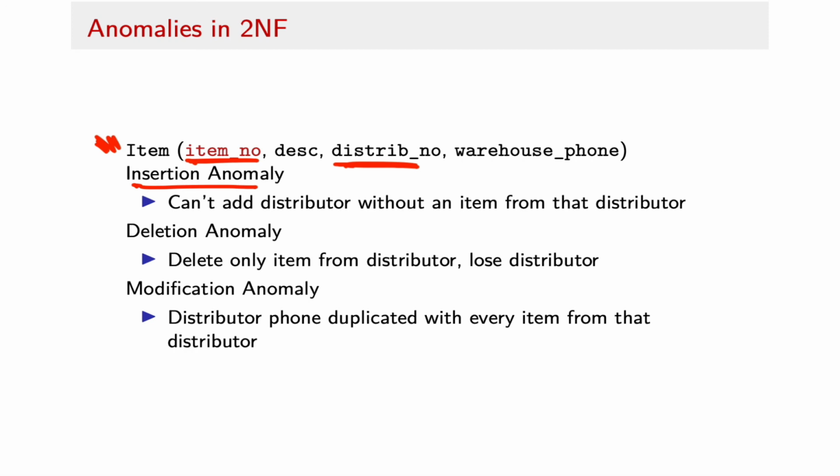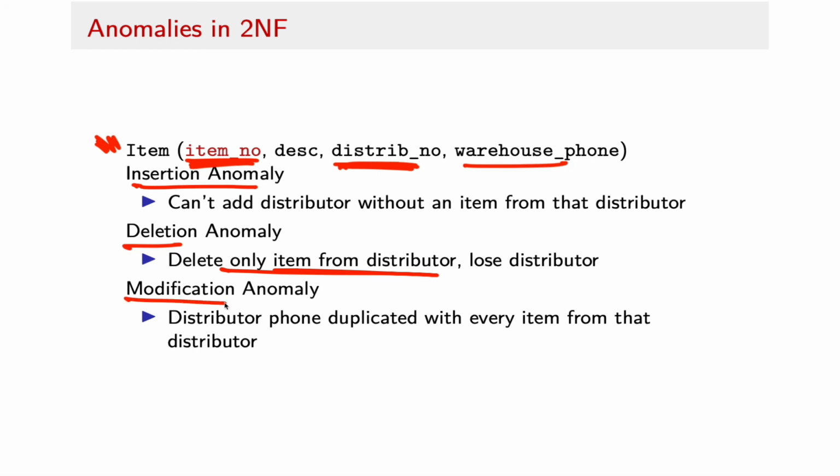I also have a deletion anomaly. If I delete the only item from a distributor, in other words, if a distributor just has one item that I distribute, and I delete that item, then I've lost information about the distributor. I no longer know what their number is or what their phone number is, because those two things are conflated in this